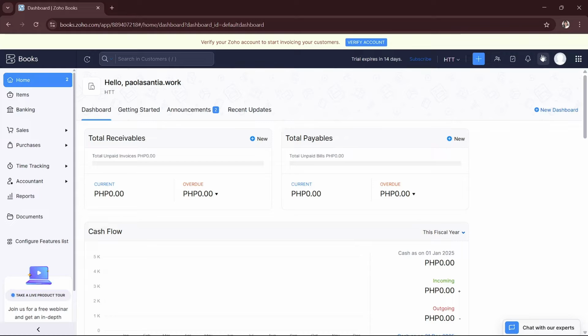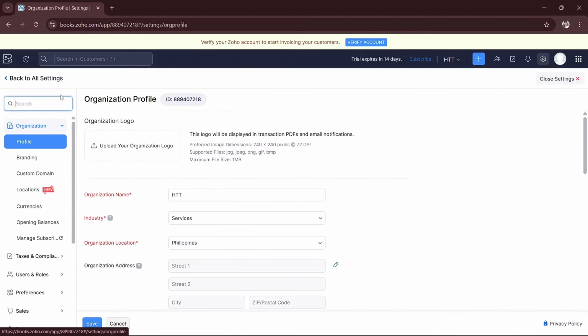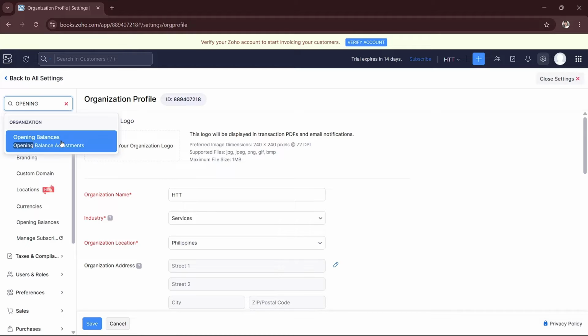And once you're logged in, click this button right here, which is the gear, and it serves as the settings. And now click on organization, click profile, and you can just search opening balances to make it easier for you. And click on it,